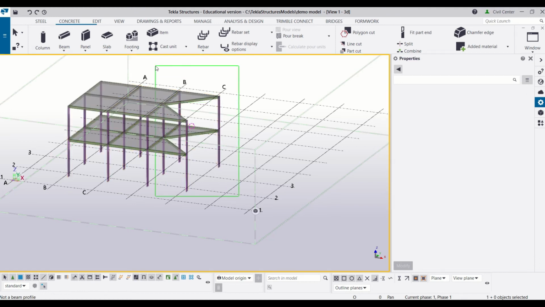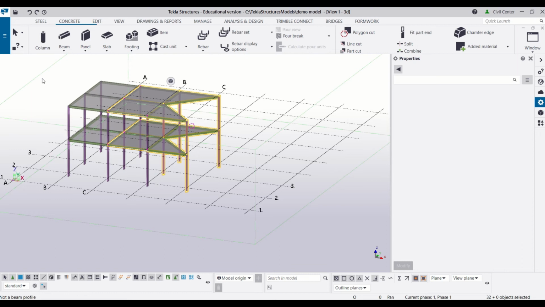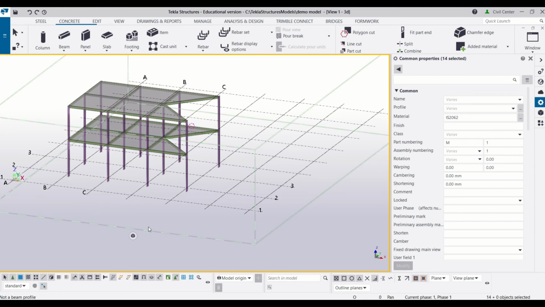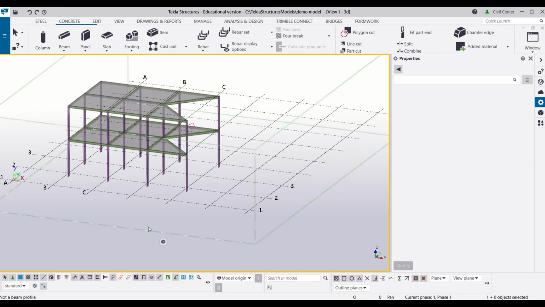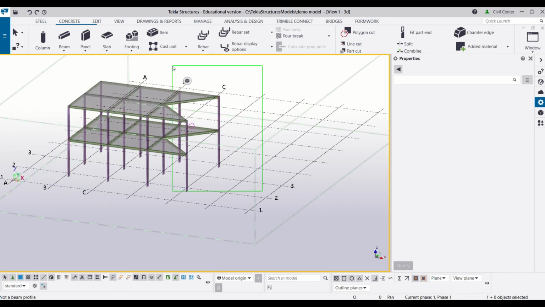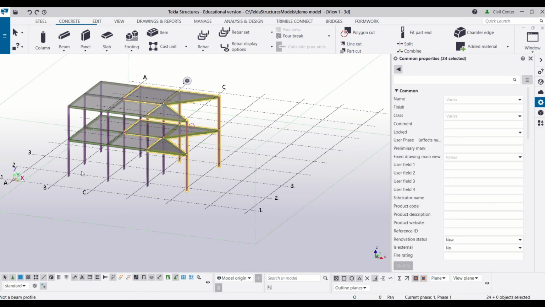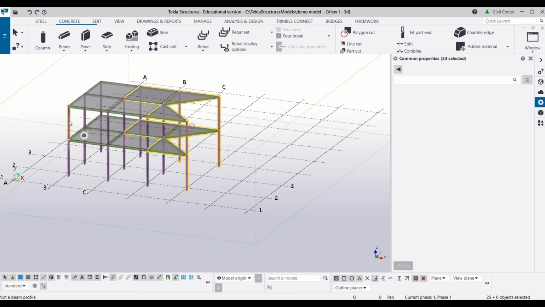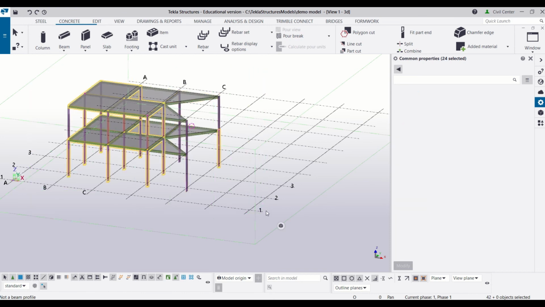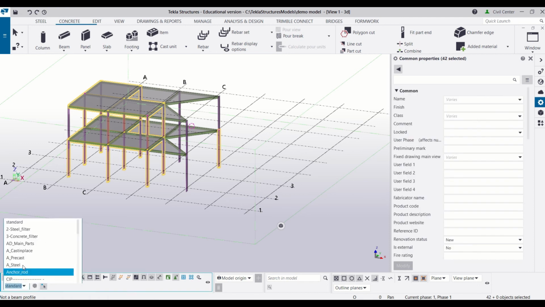So that was all for today. You have learned how to select the members or objects in Tekla Structures. You have learned six methods. First, by simple clicking the members, then by dragging from the left to right. Third, by dragging from the right to left. Fourth, you learned how to add objects to the selected members and how to deselect objects from the group of selected members. Fifth, you have learned how to reverse your selections, and sixth, how to use the filters.